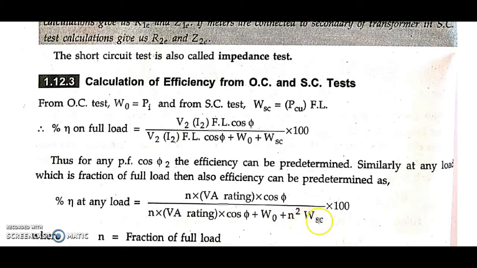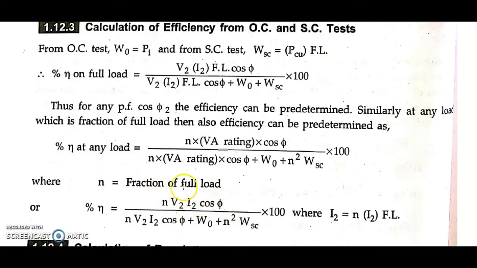We know that I square R losses are nothing but copper losses, so copper loss depends on the load condition. As we vary the load, the copper loss also varies. That's why we need to multiply n square. Where n is the fraction of full load. Say you are taking 75% of the load, then the n value will be 0.75, and n square will be 0.75 square. If you are using 50%, the n value will be 0.5. Like 30%, 0.3, and so on. You can substitute the same in the n parameter and calculate the efficiency.